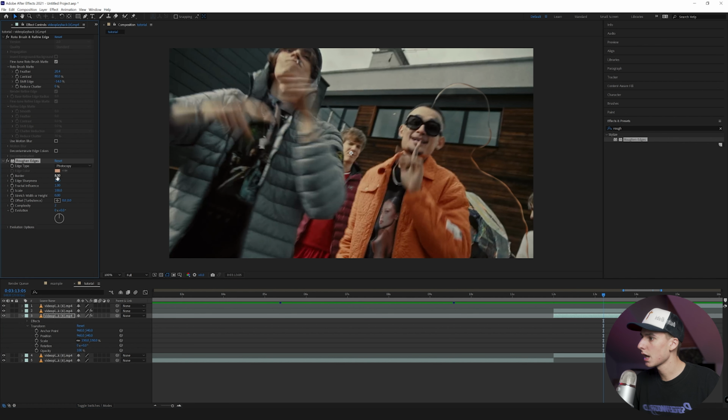Now it basically just comes down to tweaking some settings to make it look a little bit better. So the first thing I play around with is Border. I think it's the one that sells the effect the most. I'm just going to bring it up a little bit so we can see for right now. Go to Edge Sharpness and bring that all the way down so it's more of a fade, as well as the Fractal Influence. Then it has a little bit smoother of a mask. And then the Complexity from 2 to 1, I think it just makes it a little smoother as well.